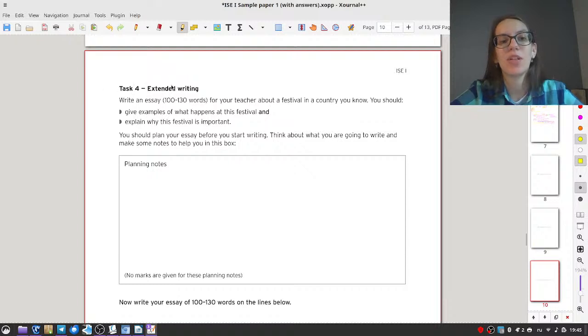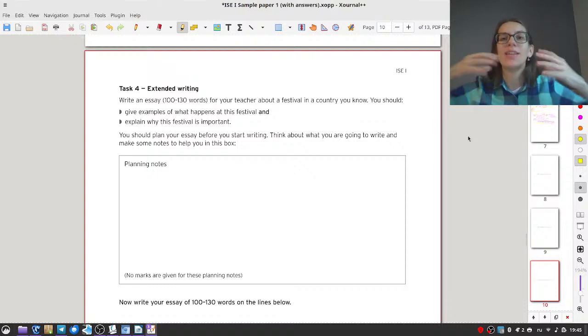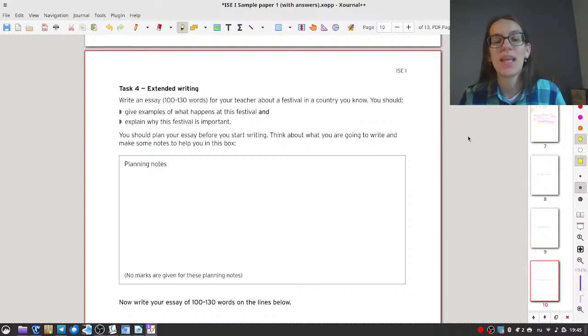Next time we are going to look at task 4, extended writing. So it's a bit of a different task because we are not going to have any ideas. In task 3 we base our text on ideas from other texts. In task 4 we don't have any ideas. We need to come up with our own ideas. And I'm also going to show you how to do that next time, next Tuesday at the same time at 6:30 London time